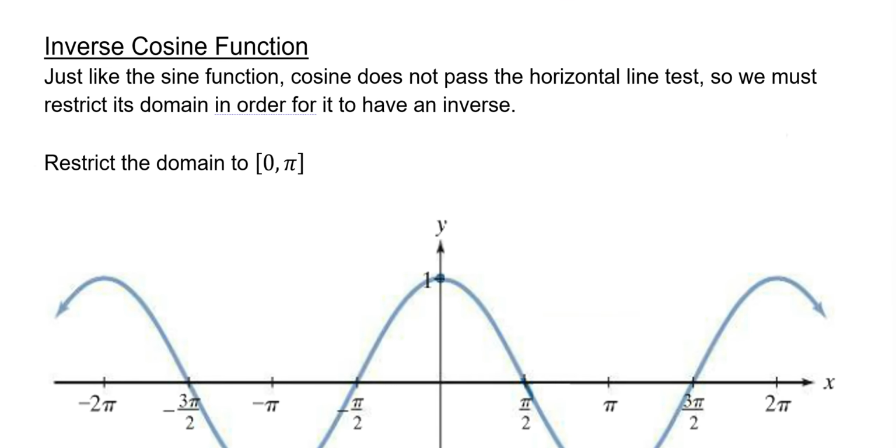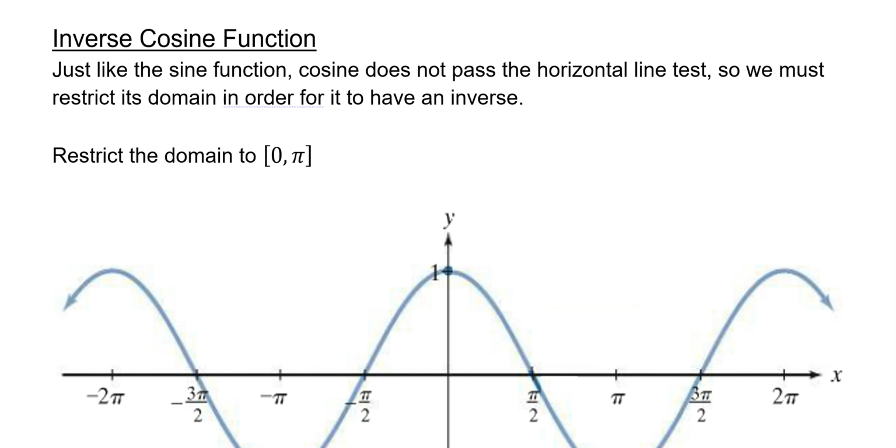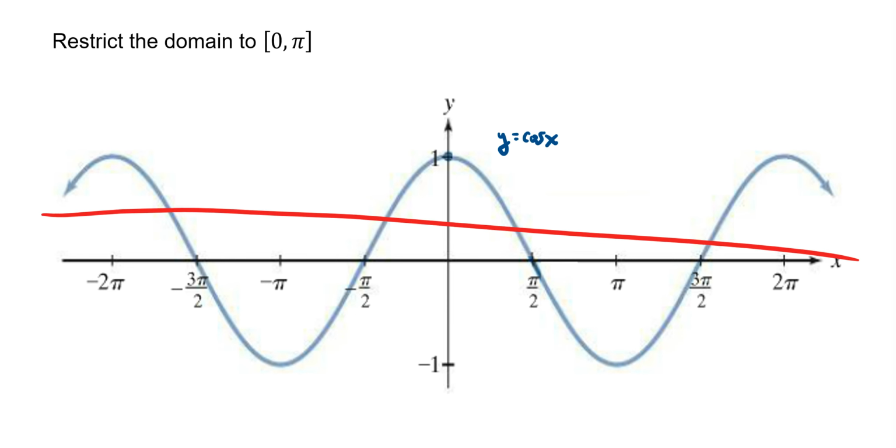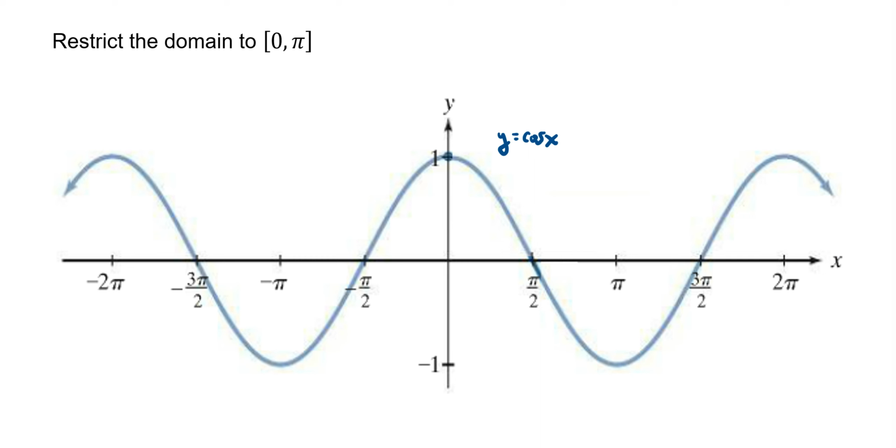Right, so let's do the same exact thing with cosine inverse. And once again, if you're comfortable with that table from the first page, this hopefully should not be that bad. So just like the sine function, cosine fails the horizontal line test, right? So this is the graph of cosine. If you put a horizontal line anywhere in this graph, it's going to fail the horizontal line test because it's going to intersect it more than once. So just the way that sine does not have an inverse function,